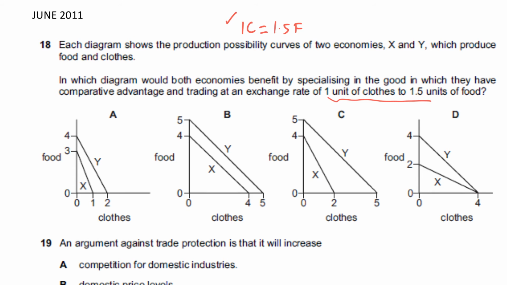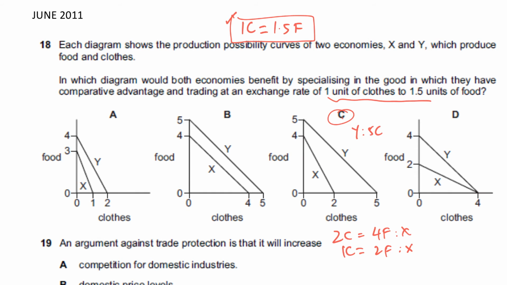So we need to look at one of these answer choices that will give us basically the opportunity cost, where 1C is equal to 1.5F should lie. The right answer is C, because if you look at C, it says 2C is equal to 4F for X, which means 1C is equal to 2F. Okay, for country Y, it's